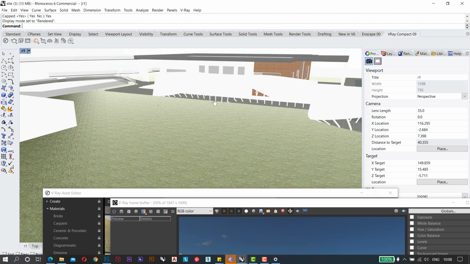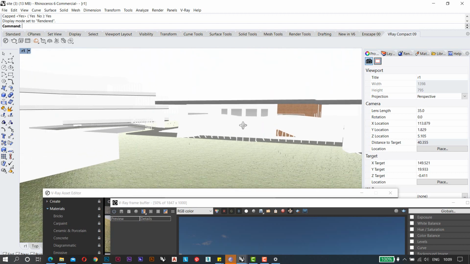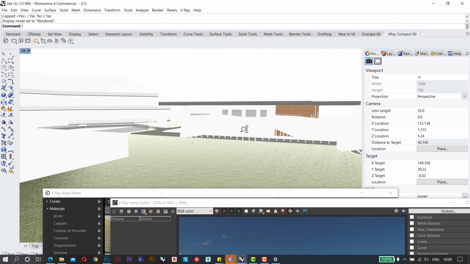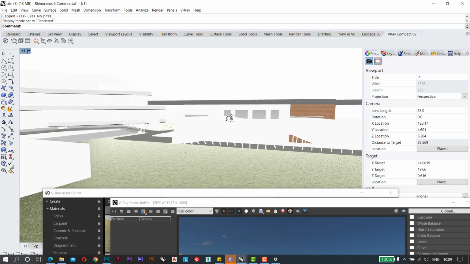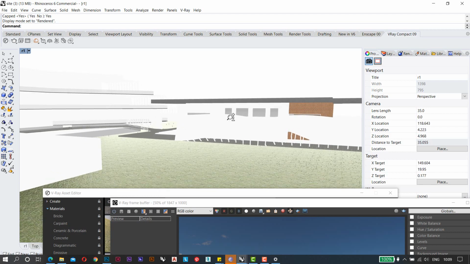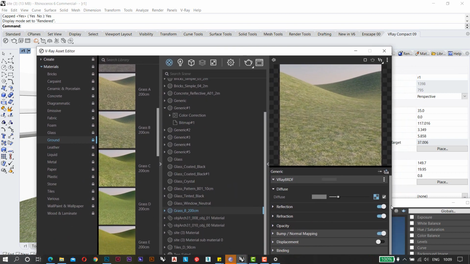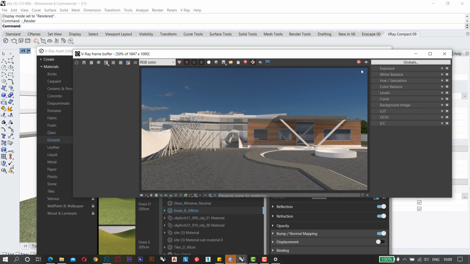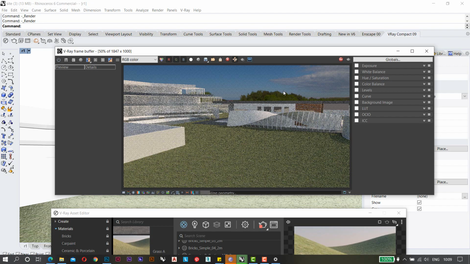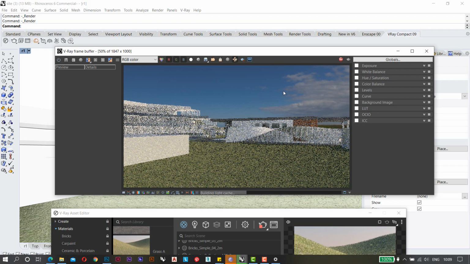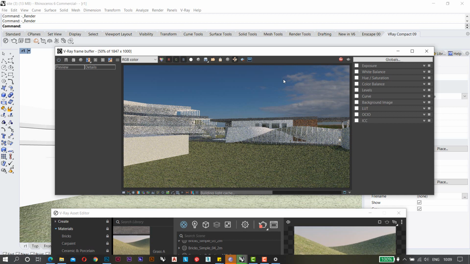Now you can set the render angle however you want and get the render. Click on the render button again. In this way you can set your grass and other textures. So this is for the first class. See you in the next class.